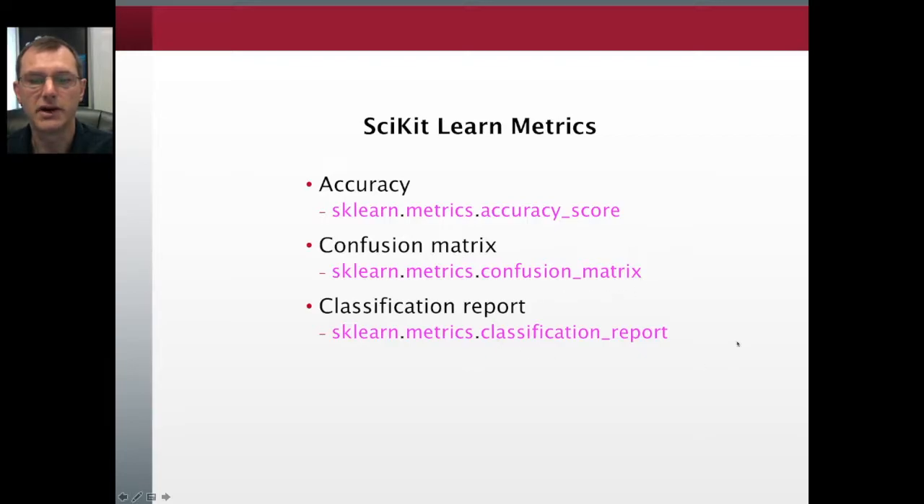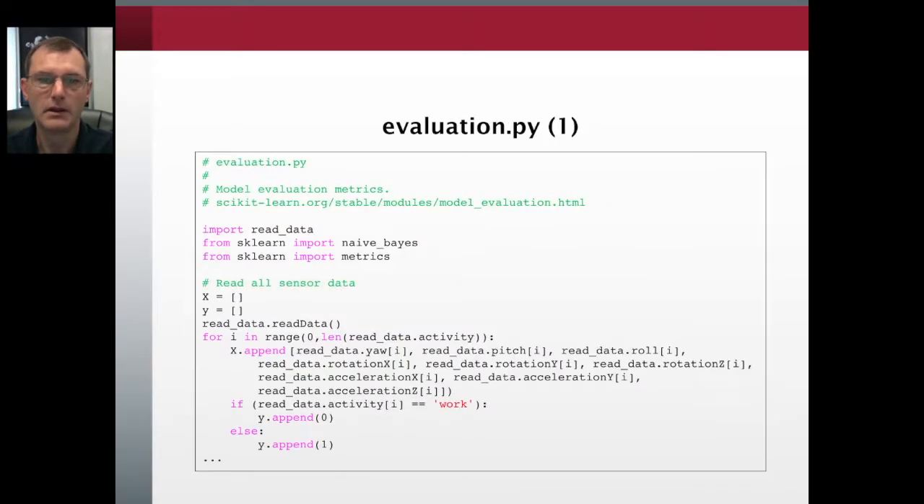And we can also generate a classification report that includes the precision, the recall, and the F1 score in a table. It actually produces a string, and when we print that string to the screen, it'll give us a nicely formatted report of those different metrics. So let's see that in action inside our Python code. So this is in the evaluation.py